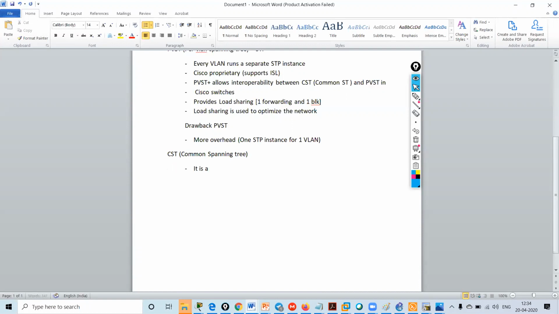It is a solution to PVST. But it is a legacy method.